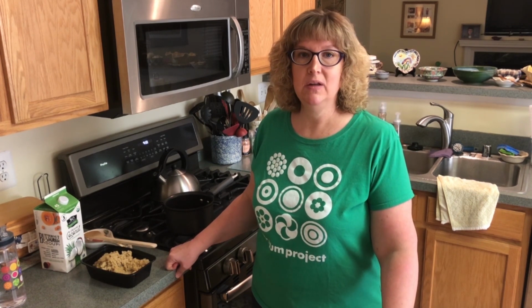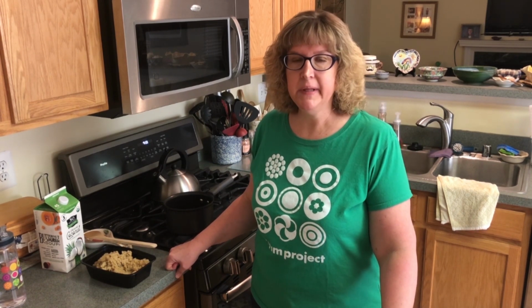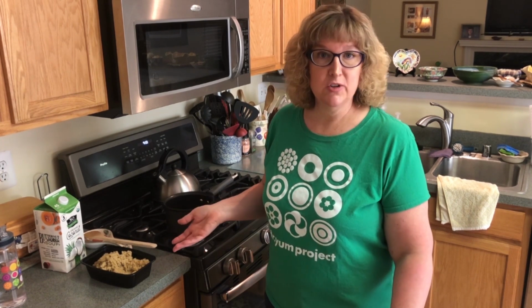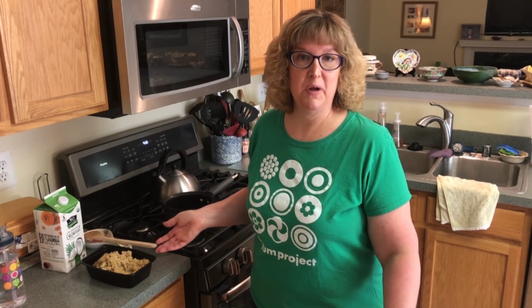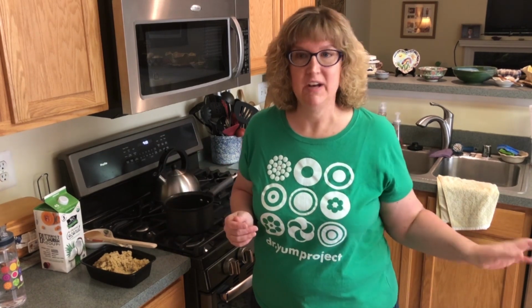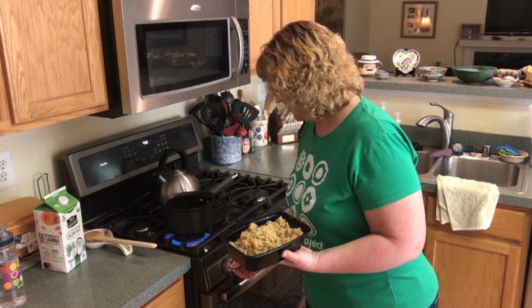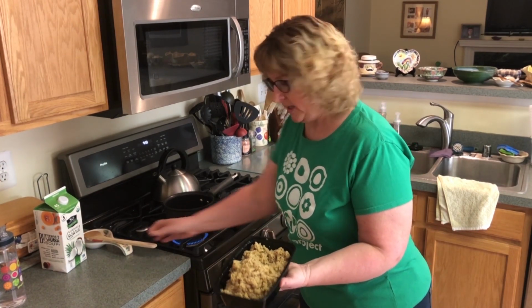I wanted to show you an alternate option of what you could do with your already cooked quinoa and make it porridge style. A lot of people are not used to using quinoa as a breakfast item in a sweet sense. So this can be really different from oatmeal, with a different texture and a different flavor. My daughter's allergic to eggs, so this is a perfect option for her because she couldn't have the super egg scramble. So really all we're gonna do is just heat up some of this already cooked quinoa that we have